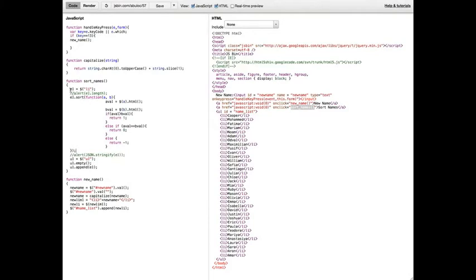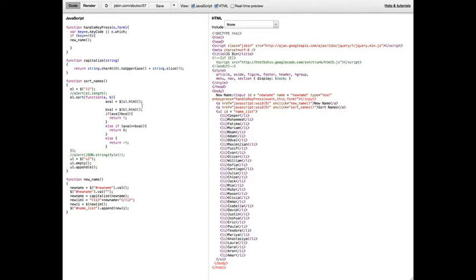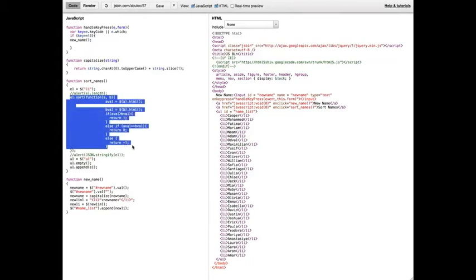So the way this works is first I get all the li elements, these elements over here. Now notice, because I get all the li elements, if there was another list somewhere else, it would get confused. I can show you that problem in a second if there's time. Alright, then there is a sort function that I can use. This sort function I think might actually be built into JavaScript, but it doesn't matter because what I've done